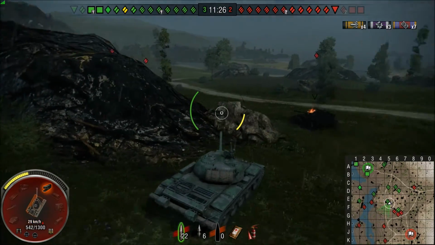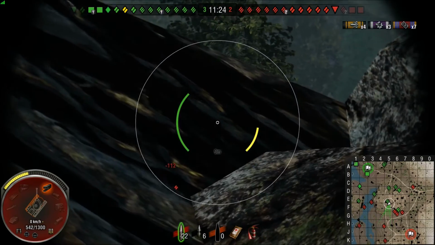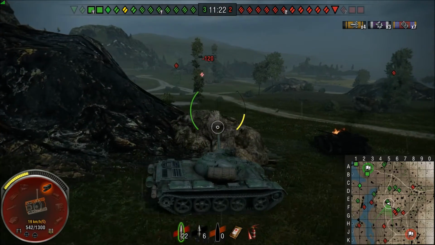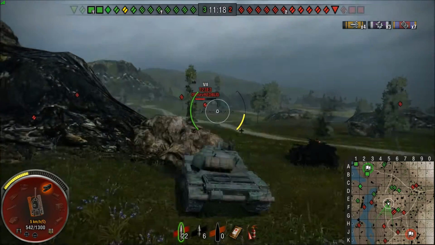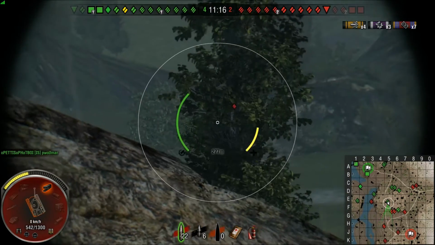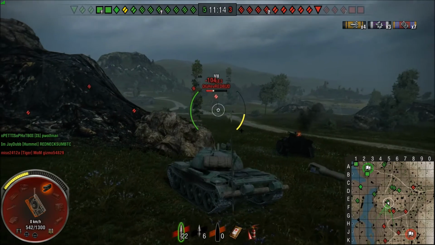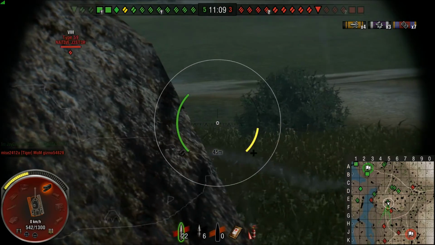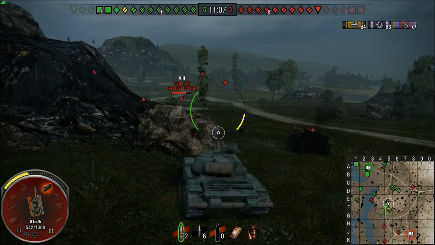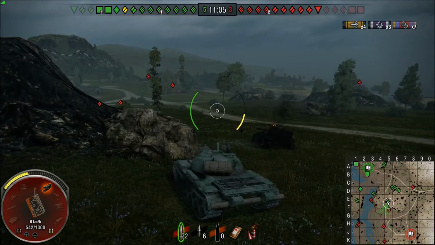So high pin, low damage. Unfortunate. I'm just going to say that right now. So 181. A tier 7 100 millimeter does 175 pin, which this can pin a little bit better. So I'm going to try it on normal side scraping here, but nobody's actually going to come up to the